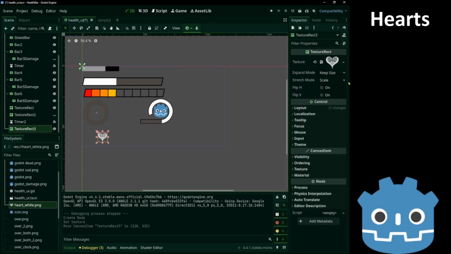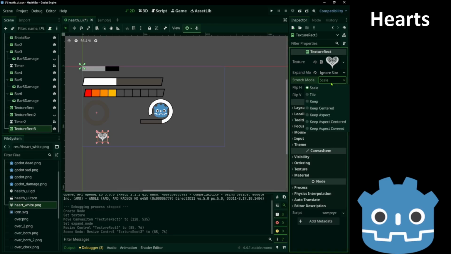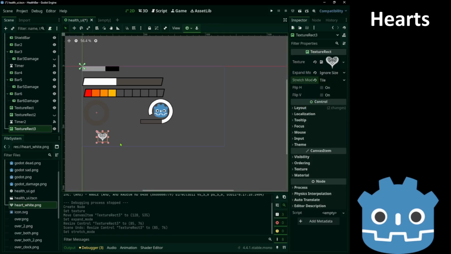Let's place it down here. So we set it to ignore size, so that I can set it to 0. And we set the stretch mode to tile. That way we can just change the size and we get more hearts.